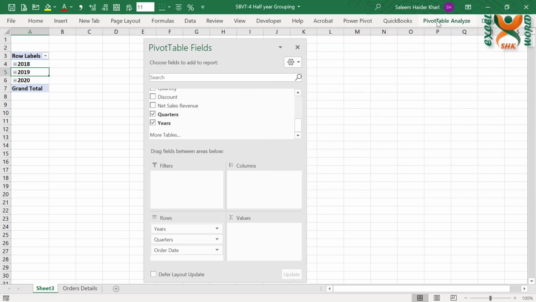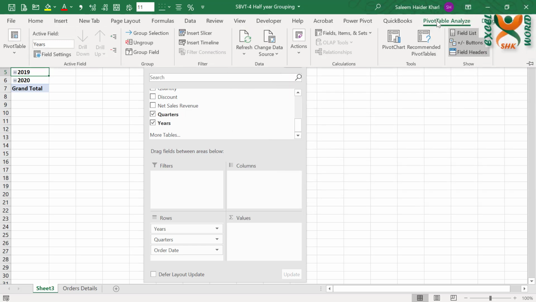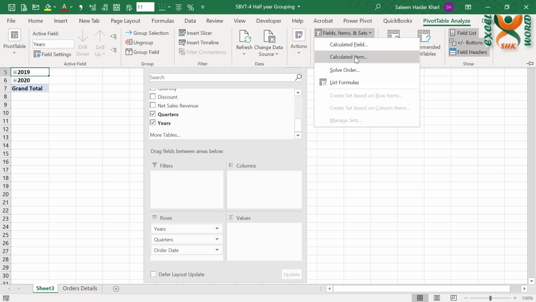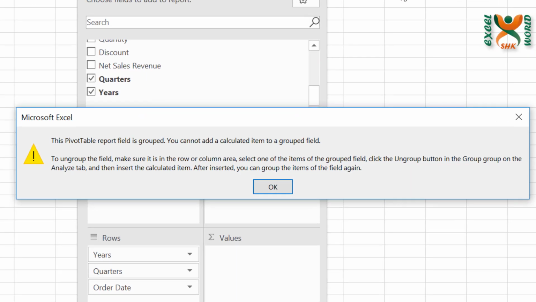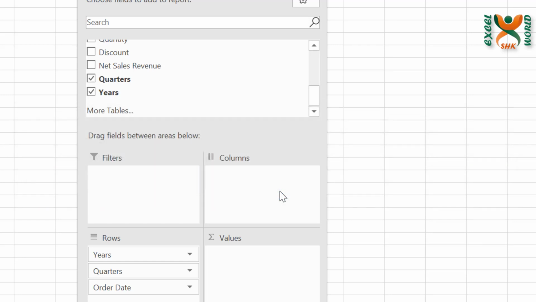But as soon as you go to pivot table options or analyze, in calculated item, you get this dialog box which says that if your pivot table has a date grouping feature enabled, then you cannot perform any calculated items in it. So this is fairly unjustified that on one side Microsoft has itself created an auto date grouping feature and on the other side has disabled some of the features like calculated items. Anyhow, we will have to work our way around this, and there is a workaround.